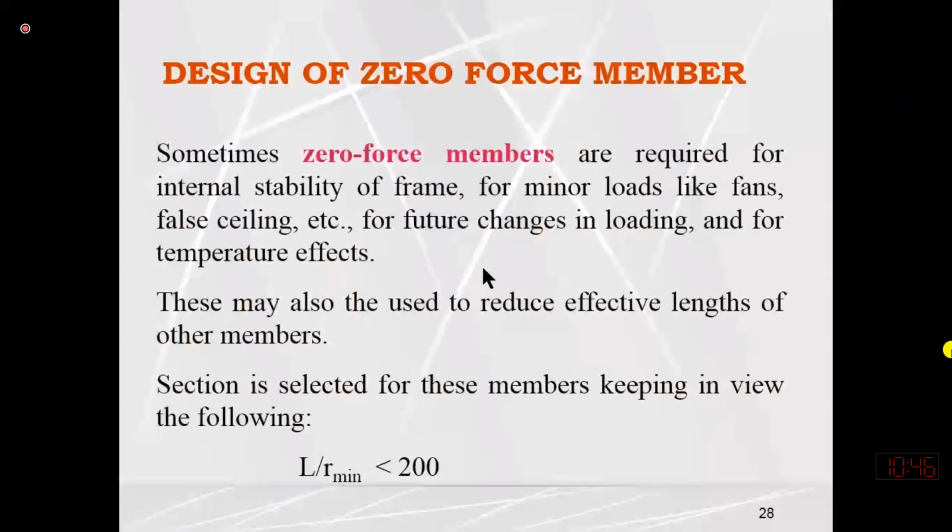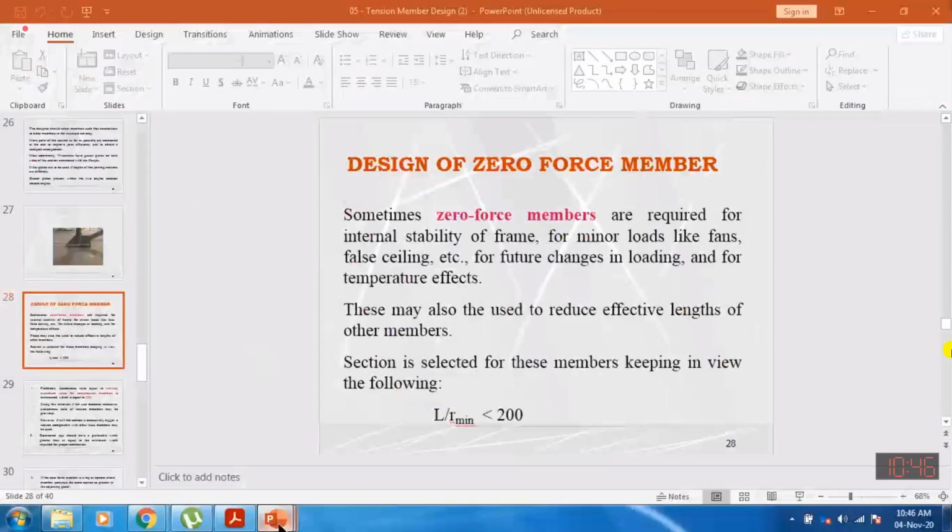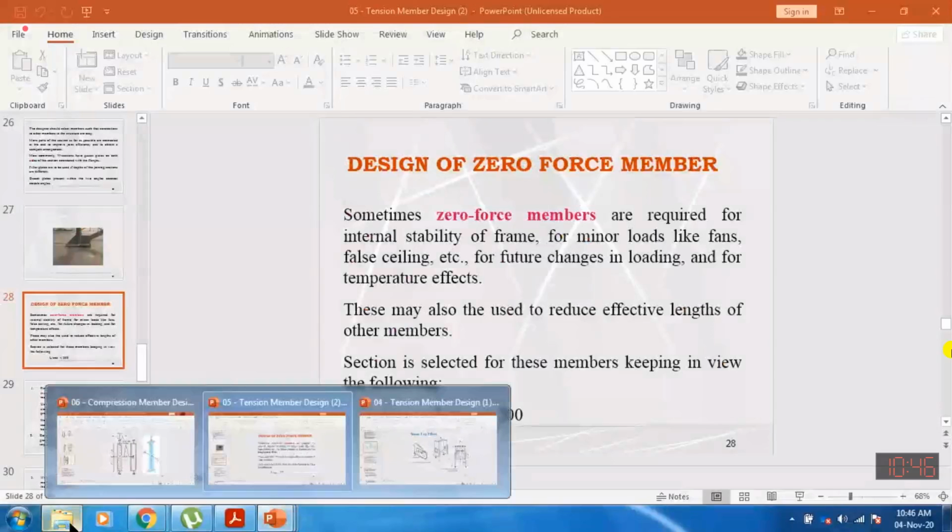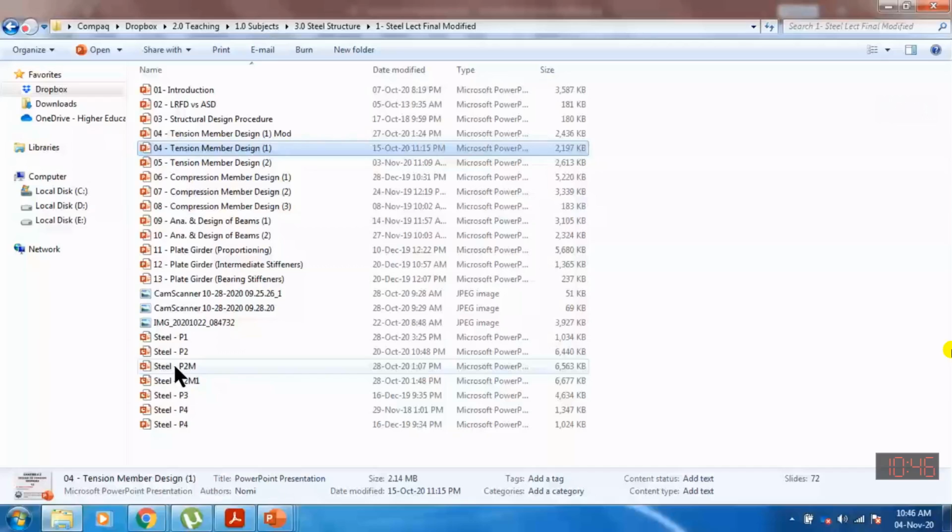Okay, next is zero force member. Zero force member means that in your structural analysis in second year, or in ESA, you might have analyzed many trusses. In some trusses, you might have zero force members. For example, maybe we have discussed this in our design class, but I need to explain from the slides. So I'm hoping that I have the slide over here.